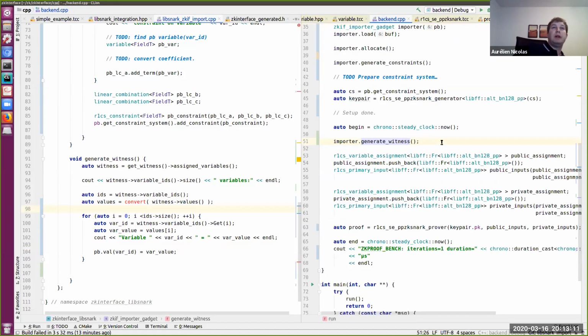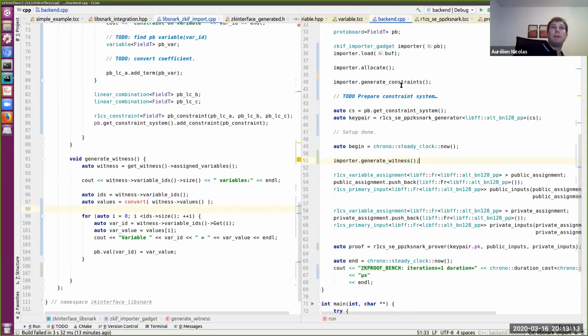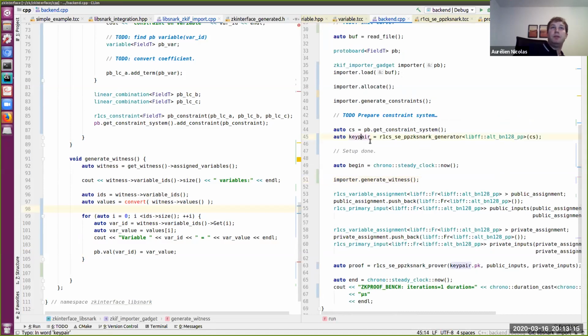And the backend is going to do the key pair once. Here it's going to do it every time because it's just a fake key pair, but it does it once and then later generates a witness. So our protoboard gets full of values, which means that when we call a prover like this, which is provided by libsnark,